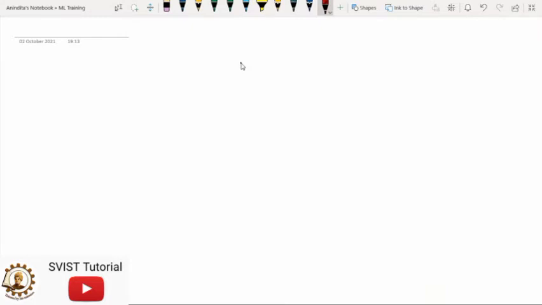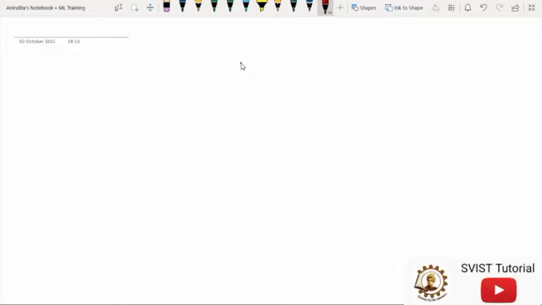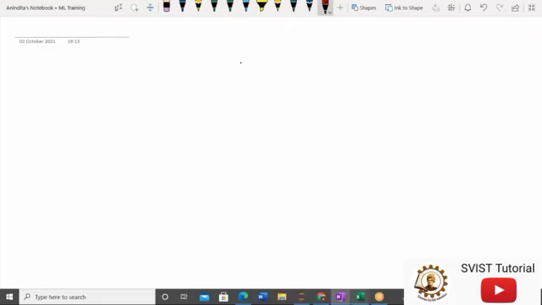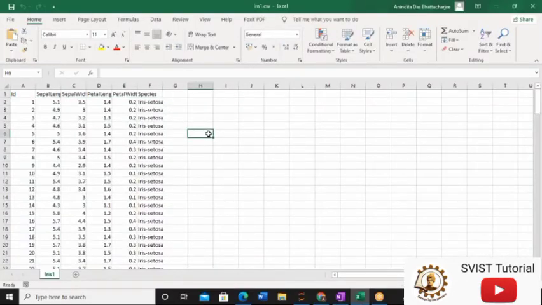Now I will give you a very brief overview of K-means clustering. Before going into the details of how it works, I'm just telling you one point. If I ask you this question: tell me, is K-means clustering a hard clustering or soft clustering? How can you justify it? So this is the data set on which I'm going to operate. Now I'm going to apply K-means clustering on this data set.